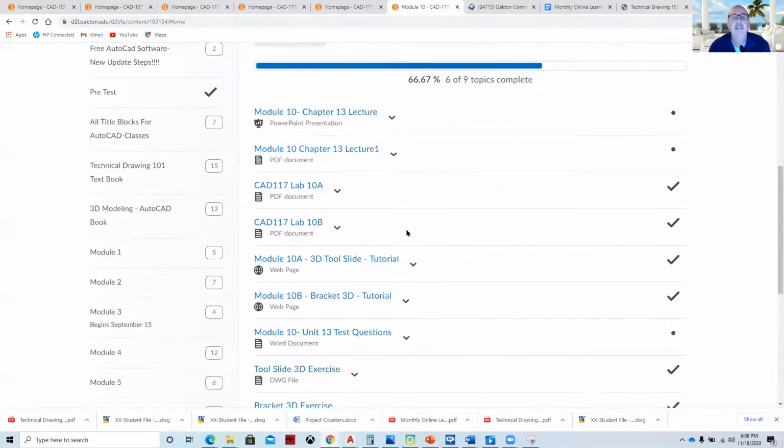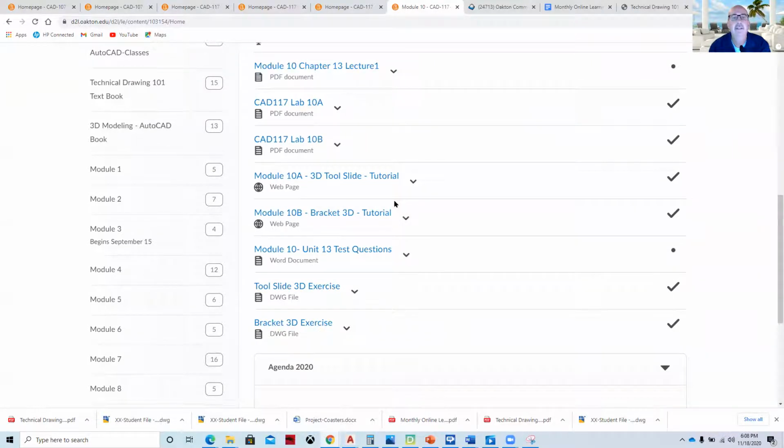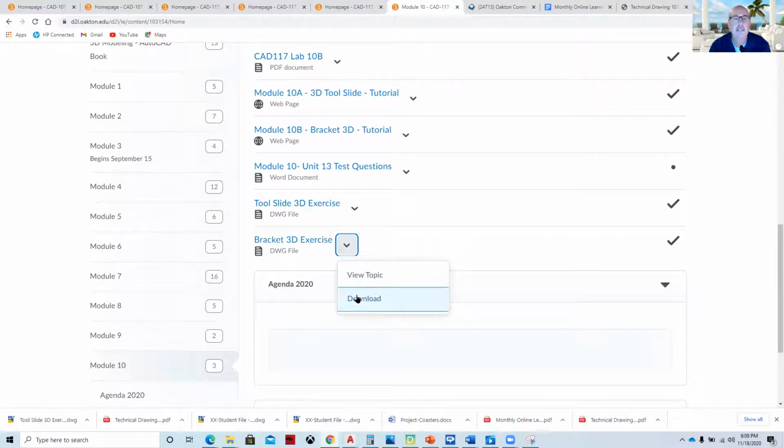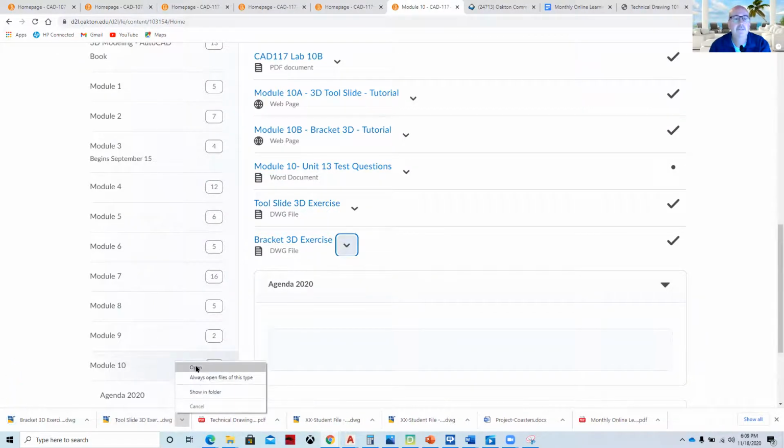And so we want the drawing files, these two. You'll need to download this, and you'll need to download this. Download the tool slide 3D exercise and the bracket 3D exercise. And then open those files